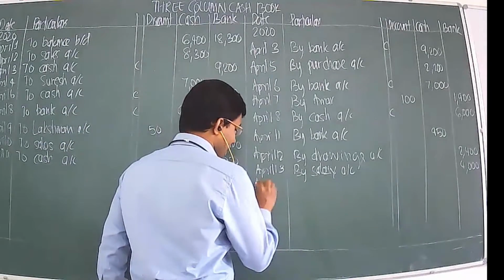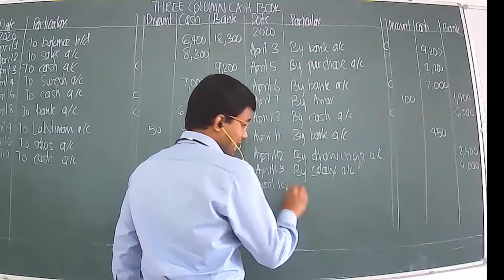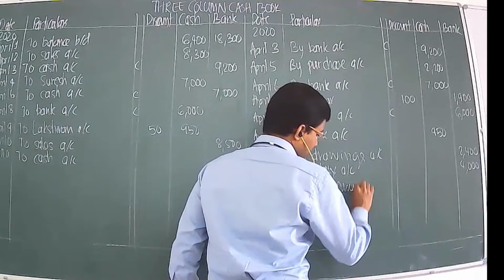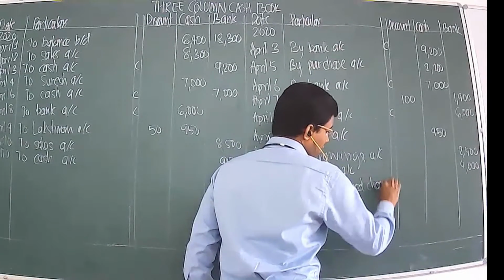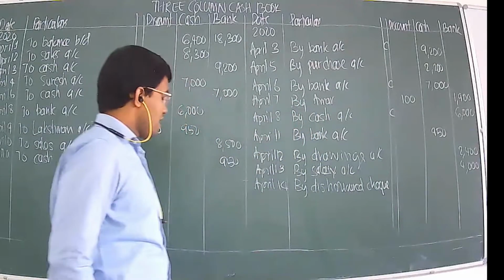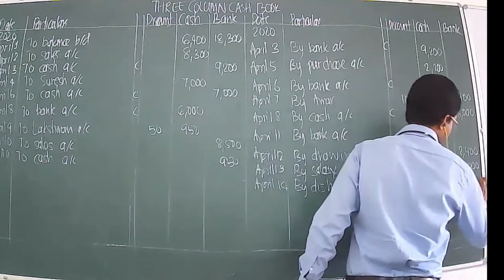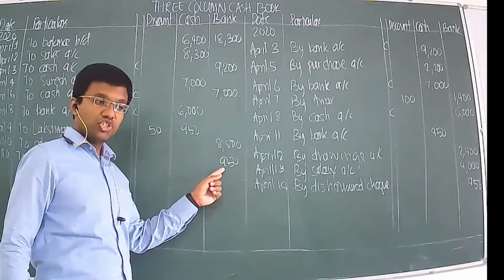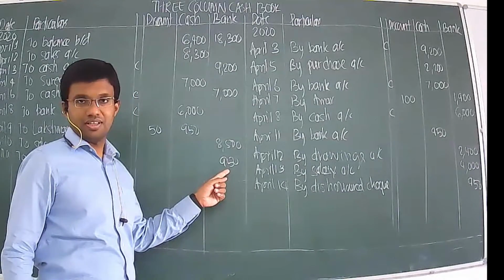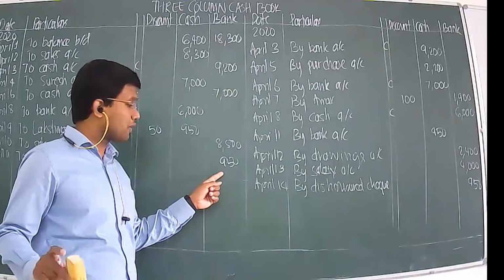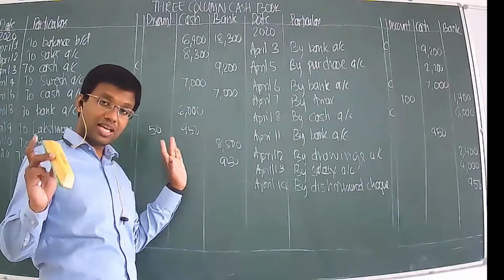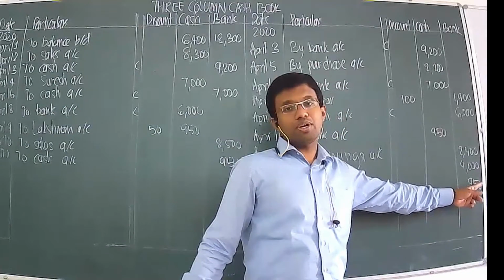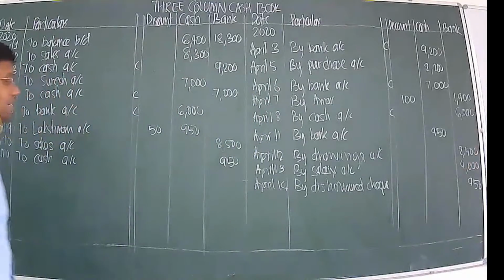So what will happen is April 14, by dishonored check. By dishonored check, we have to reverse the amount, so 950. Now, why are we doing it like this? I'll repeat that. Here, we showed the amount as though we have received. But when the bank sent the check for clearing, they got a confirmation that this amount cannot be released into your bank account. So the amount has to be reversed. That's the reason why we are putting a credit entry for that. So we have completed the transactions.